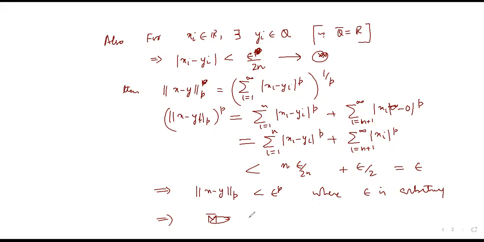So therefore, it implies that x belongs to M closure. So which implies that LP is contained in M closure, and of course M closure is in LP, because they are all p-th power summable sequences, and since M closure is contained inside LP,